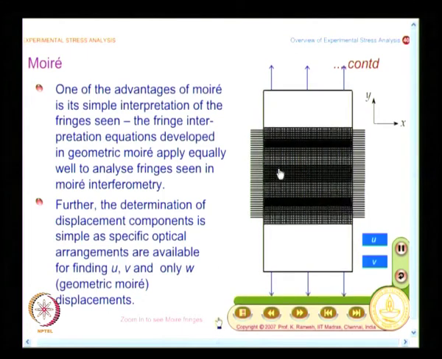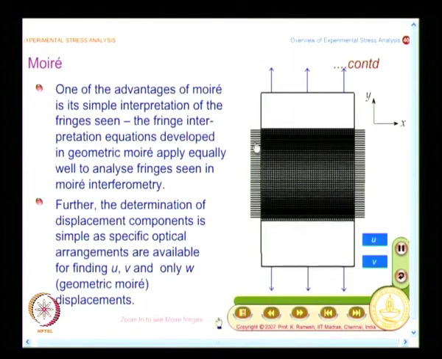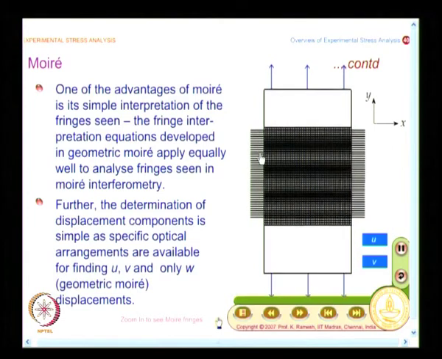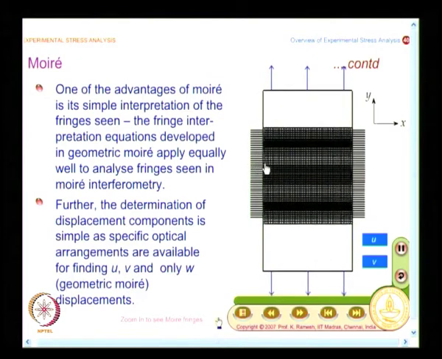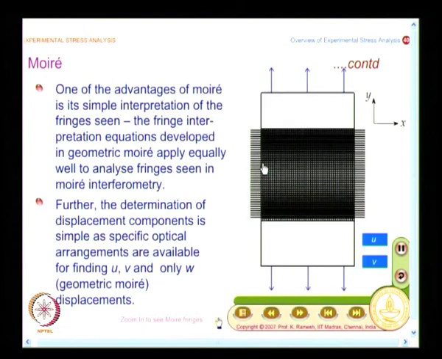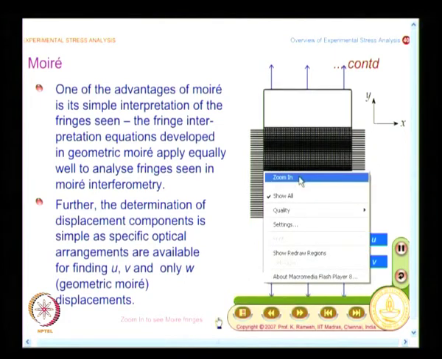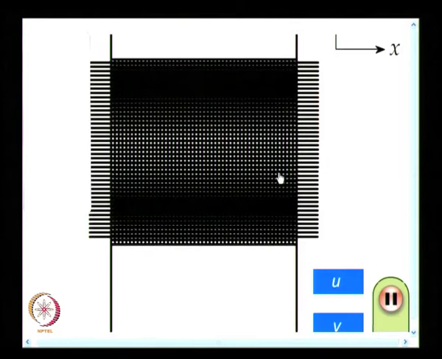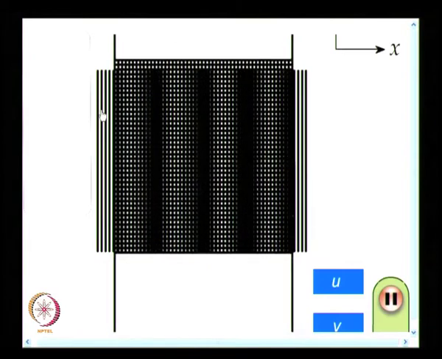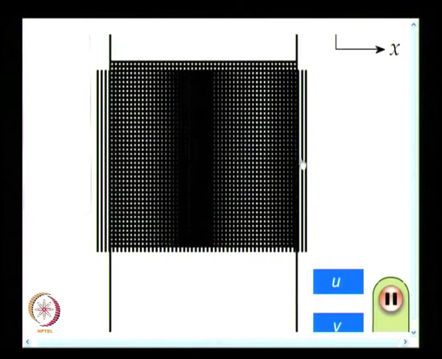And purposely this is taken like this: I have a specimen with a crossed grating, but I view this specimen with a horizontal grating. So, what is the displacement I get? We have already seen, once you have horizontal grating, what is the displacement you get? You get the displacement perpendicular to that. So, the fringes what you have here show the V displacement, and what I want is, suppose I want to see U displacement, I will change my grating, I will change my master grating to have vertical lines. So, I will have a U displacement.